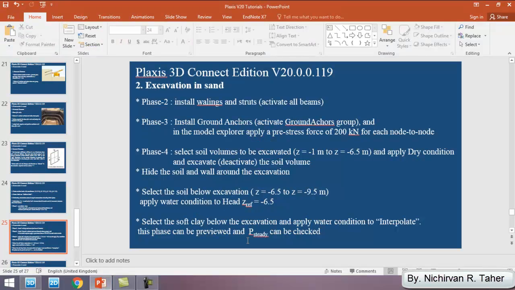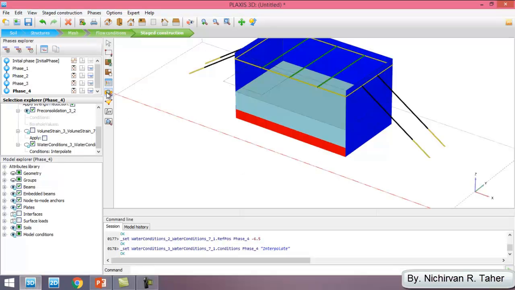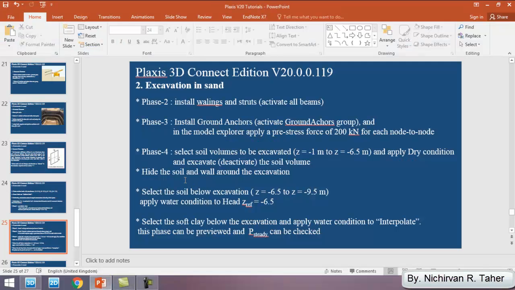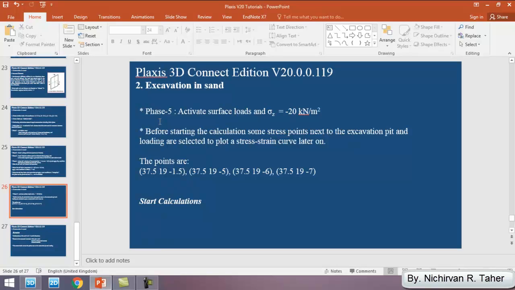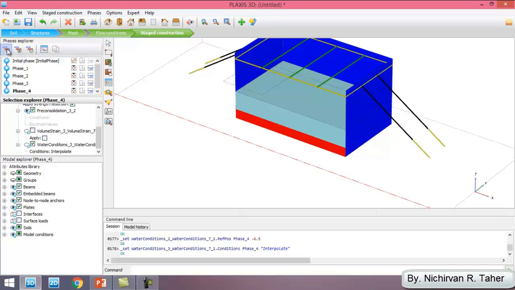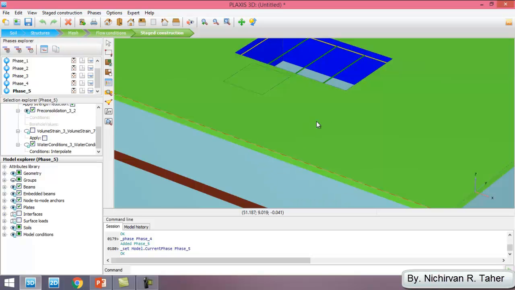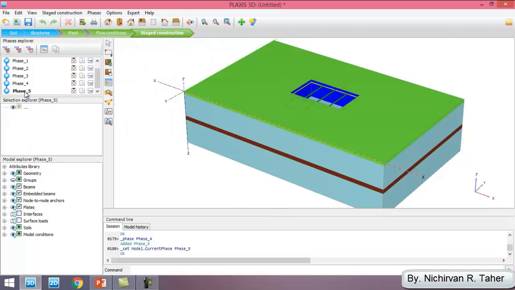Okay, if you want to see the steady water pressure, you can just click this button, preview this phase. So I will not do this, and I will continue to phase 5 and activate the surface load. So I will add the next phase. I will display all the geometry again, and in phase 5,